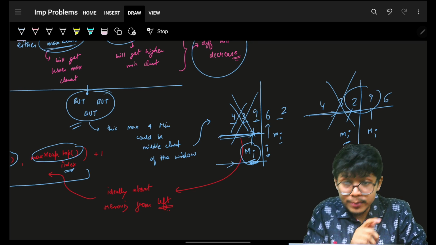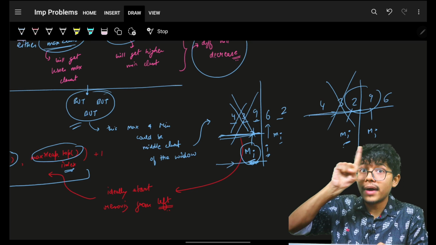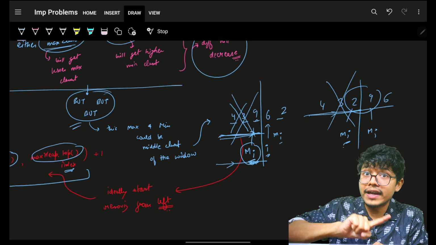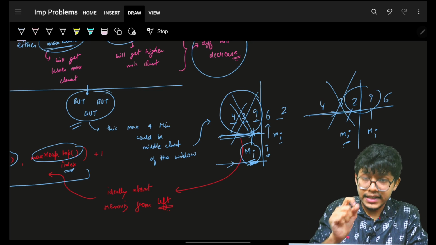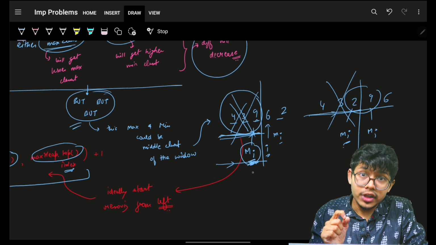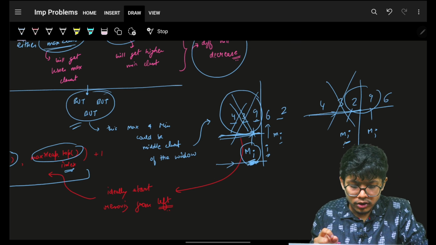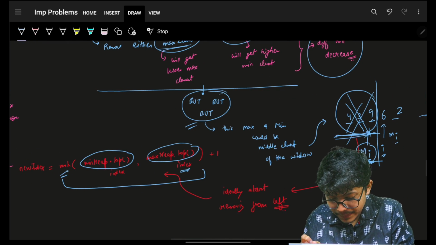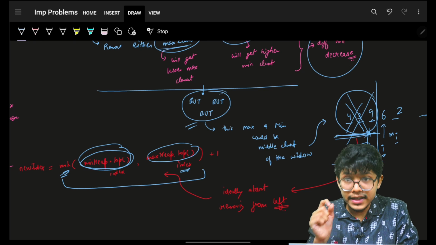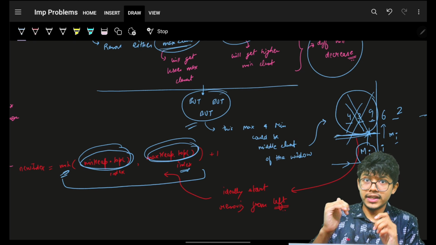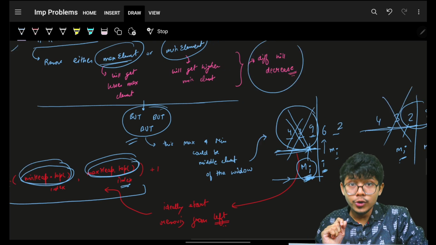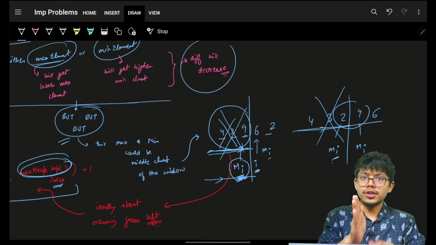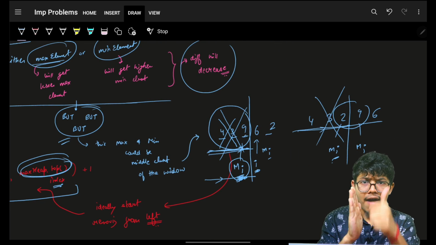Which means I have to remove every element from my heap, either max or min. I have to remove every element from my heap which has index lesser than or equal to my max of I, or you can say the minimum of either min heap top index or max heap top index. You have to remove that, and thus you'll get the ultimate new index I, which is your new valid index